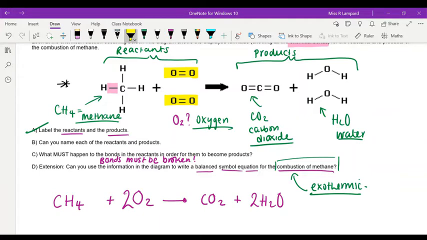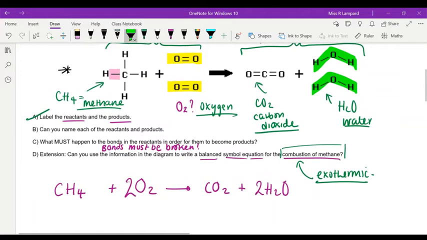And you can see from the diagram we've got one there and one there, so it's 2 H2O. And if we're to count up the number of atoms on either side, we can see that this is balanced. We've got one carbon on the left, one carbon on the right, 4 hydrogens. There's 4 hydrogens on the product side as well, and then we've got 4 oxygens in total because this is